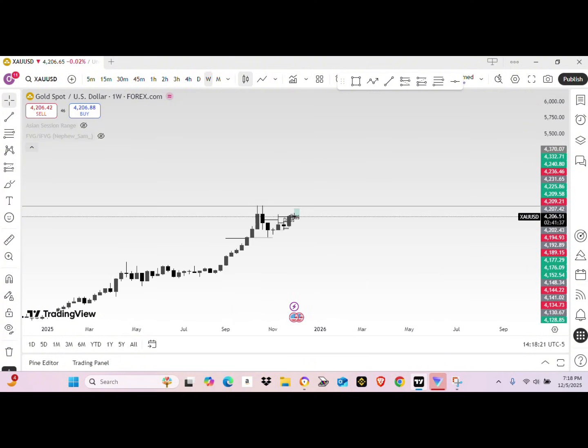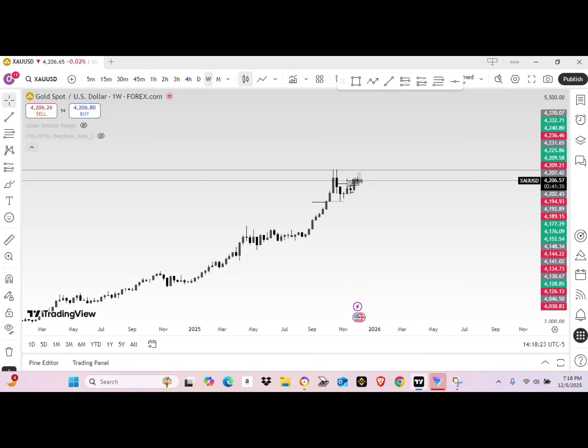On the weekly time frame, there are two things I look out for: the internal and external liquidity. This is something that I teach only my students, but I just want to put it out here because I see that there are people that genuinely need to know how this works, right? So I just want to pull it down. This particular movement in the weekly time frame, there's the way the weekly time frame looks, there's the way weekly time frame moves,